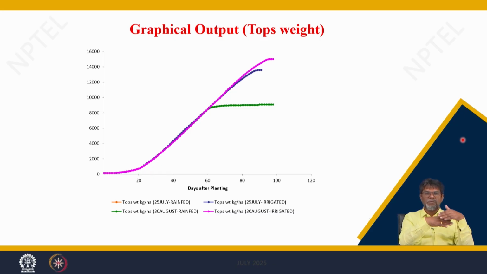So, change the information in the bottom portion of the model for 30 August. That is for the planting time modification you do. Again, for the modification in the water management simulation options, label 1 is not irrigated, that is, rain fed conditions. Accordingly, make the information in the research file, and label 2 as irrigated automatic.